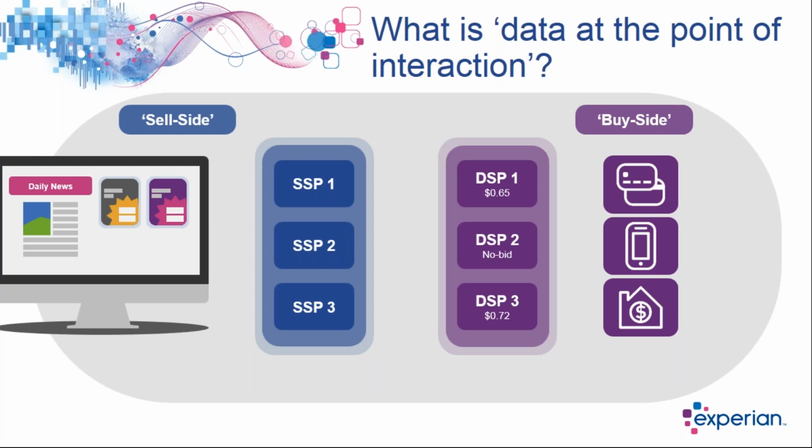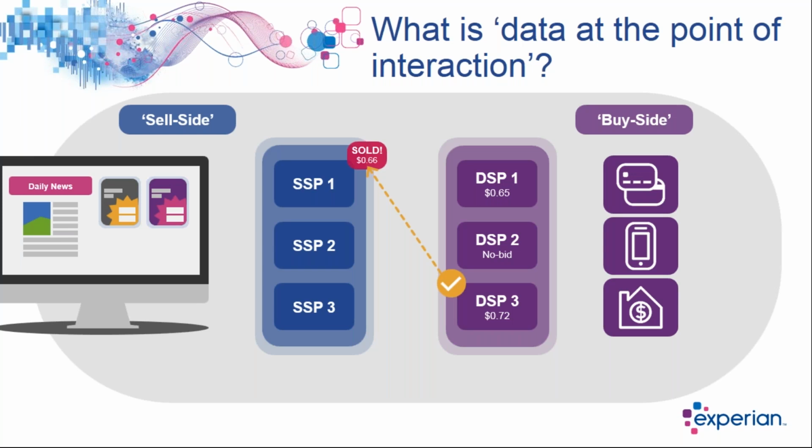So I'm sure this will be familiar to everyone. You have your publishers on the sell side who use supply-side platforms to make their inventory available to the exchanges, and for advertisers on the buy side to buy through their DSPs. And in practice, it's very straightforward. The person who bids the most wins. Usually it's a second price auction, so that means they pay a little bit more than the person in second place, and they serve up their creative to that user.